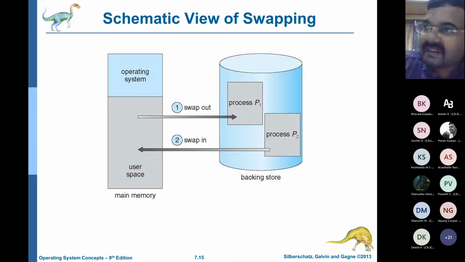So P1 is in CPU register 1, P2 is in CPU register 2, P3 is in CPU register 4, and P1 is waiting to go into the main memory. But P1 is either going to take a lot of resources, or P1 may also not be ready. Not ready means there may be some discrepancy or some missing variable or something like that. Then the queue can be broken and P1 can be swapped out or put into a holding area or a wait list. That wait list is called the backing store.